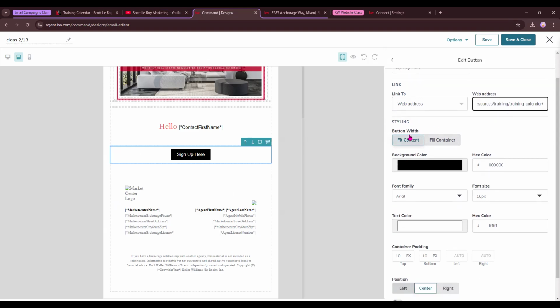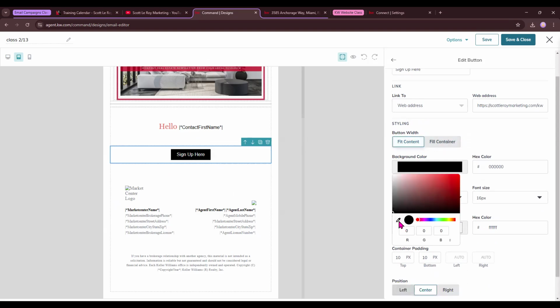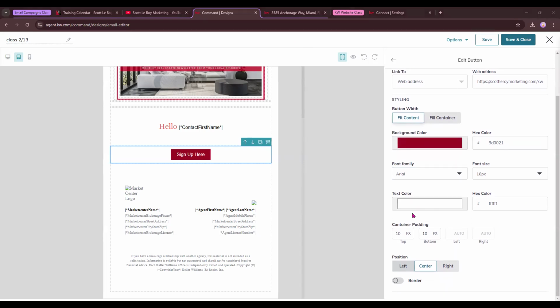Then we kind of get into the styling again. So the width, do we want it to fit the content, so the text, or do we want it to fit the container? Do you want to change the color again? So we could go ahead and match our red up here again if we want. Ooh, that's a little more pink that time. Must have grabbed it from a weird space. There we go. We can change the font of that, the size, the text color, if we wanted to make that different as well. Again, the padding, so up and above and below. Sometimes you have the left and right that you can adjust as well. We do not here. You can also choose the position of this for this specific one,